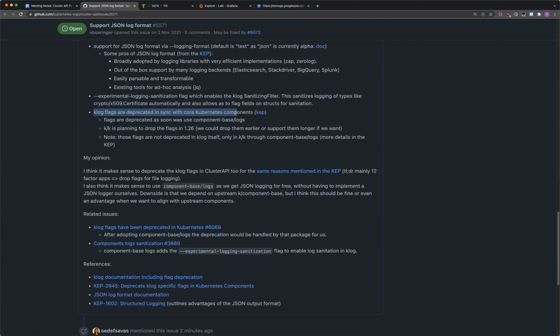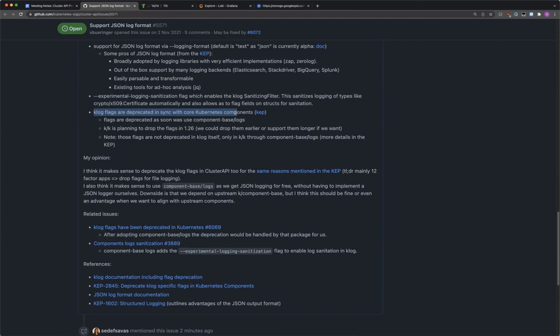So you can decide, please log to that specific file and do log rotation and all that stuff. And as you probably all know, in Kubernetes, it's actually recommended to log to standard out and standard error. So they want to get rid of those flags. And that deprecation is already implemented in component-base logs. So we wouldn't have to do it ourselves. We could just use the library, then we get the deprecation. And with Kubernetes 1.26, they would just vanish.